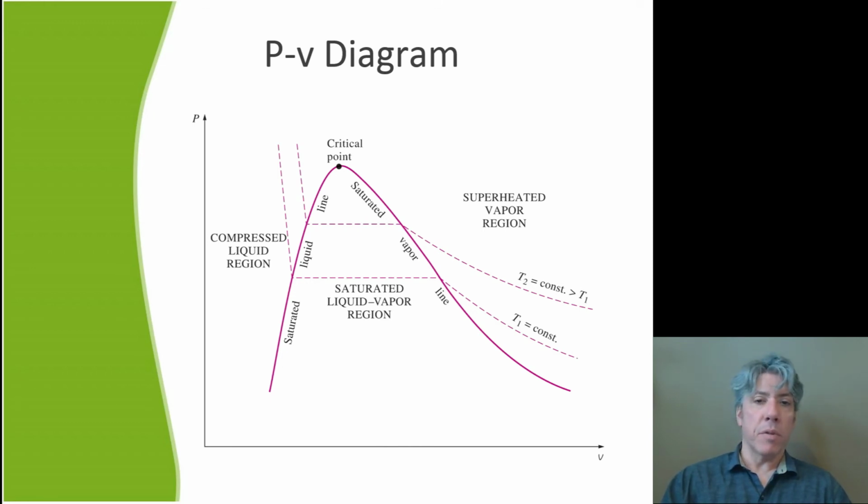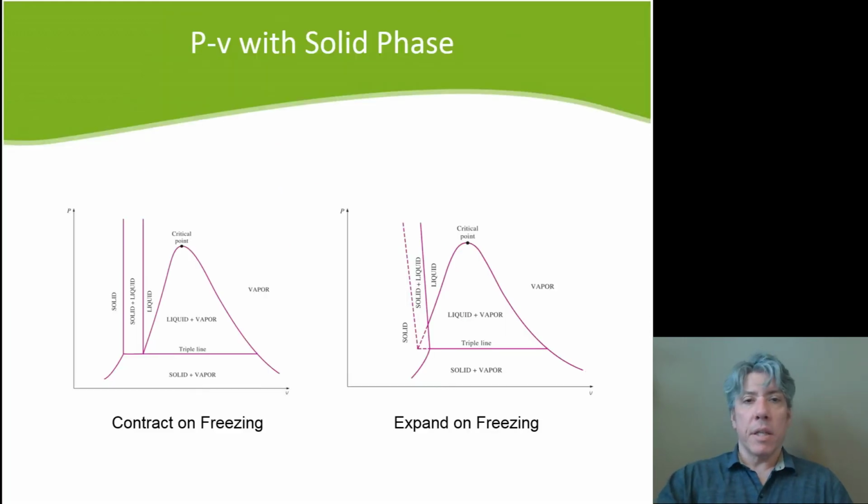The superheated vapor region's off to the right, the saturated liquid vapor region's under the dome, and the compressed liquid region is off to the left with a critical point at the very top of the dome. We can extend the PV diagram or even the TV diagram to include a solid phase, but it depends on whether the substance expands on freezing or contracts on freezing. Most substances get smaller when they freeze. Water, on the other hand, right at the freezing point, it starts to turn around, it starts to change, it starts to get bigger. The ice crystals are a little less dense than the liquid, and so their specific volume